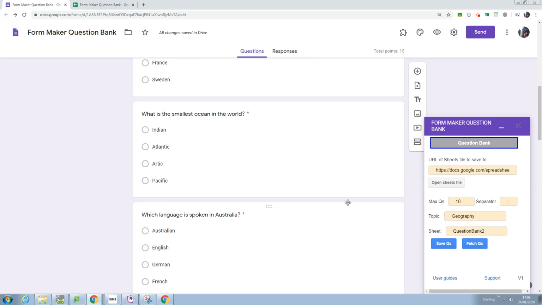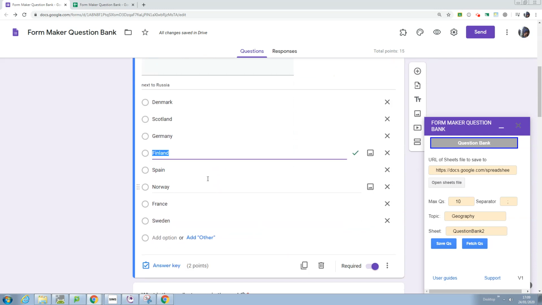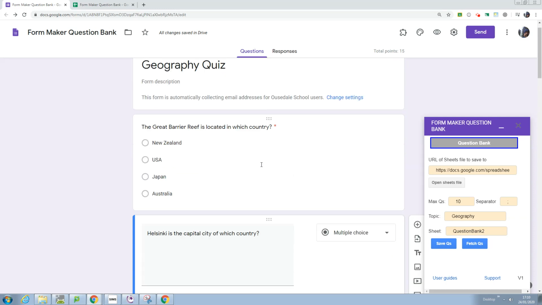And if you look at the individual questions, it's put mark the correct answer and set the answer, the points value from the question bank,